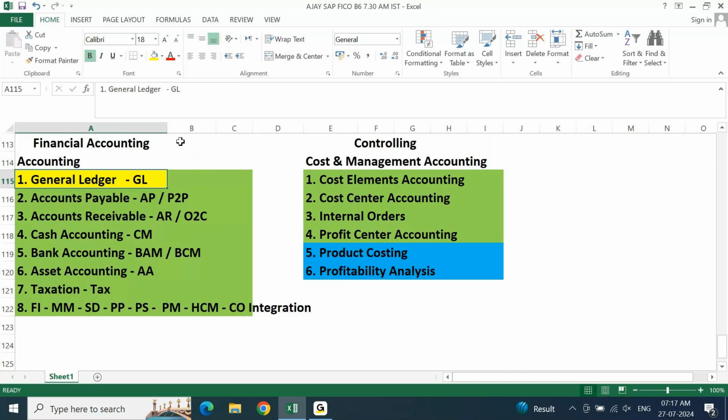GL is something that you should never tell. You worked only on GL, AP, AR. These are the three things that you should ignore. When I say ignore it, no exception. You have to be thorough with these three modules. GL, AP, AR is mandatory for everyone. GL, AP, AR is mandatory for everybody.